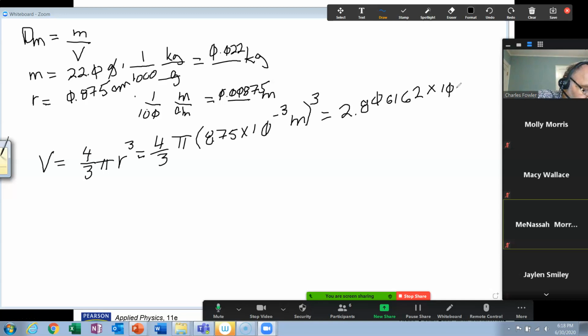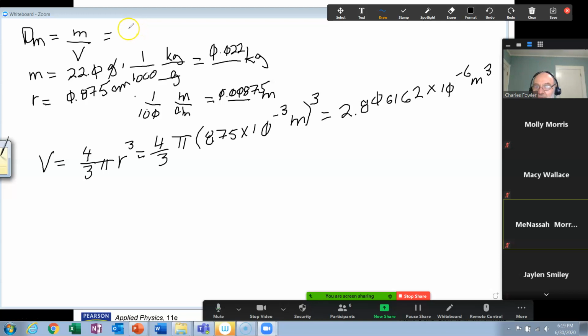1, 2, 3, 4, 5 zeros and one more for the 2, so it's 10 to the minus 6 times 10 to the minus 6, and that would be meters cubed. All right, very, very small volume in cubic meters. But a ball bearing's a little bitty thing, you know. It takes a whole lot of them to make a cubic meter, a whole lot. But now we've got everything we need to come back up and enter our